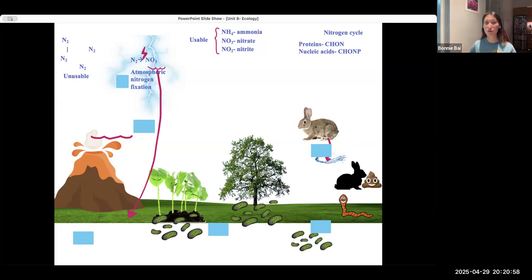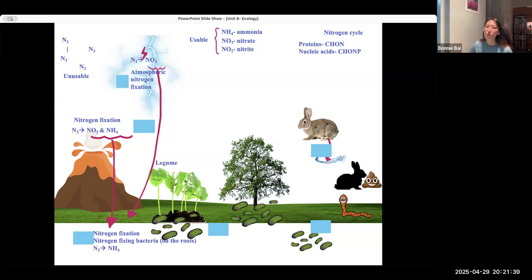Okay. Anyway, so NO3 is more usable. So when it rains, it goes into the soil. Also, when a volcanic eruption happens, which it has happened in the past, it happened more frequently once upon a time, earlier in Earth's history, there's already a lot of these converted versions of nitrogen in the soil, for example. So all of these nitrogen fixation products go into the soil. That's where you want them. There's another way of nitrogen fixation, making the unusable form into the usable form, through bacteria. These are nitrogen-fixing bacteria.